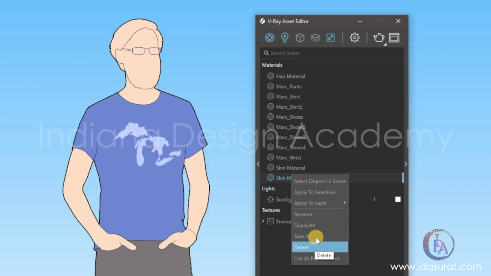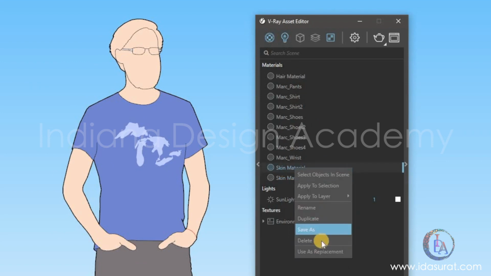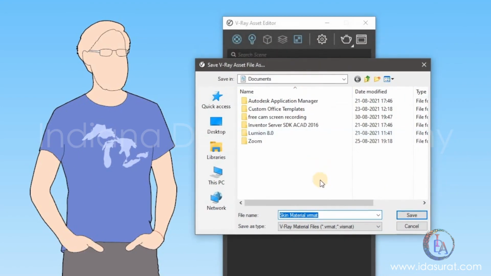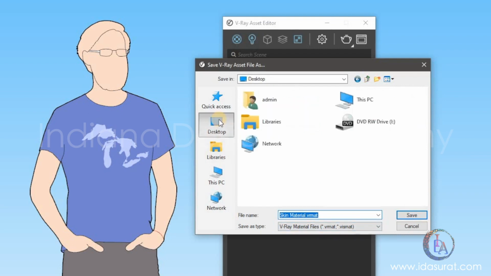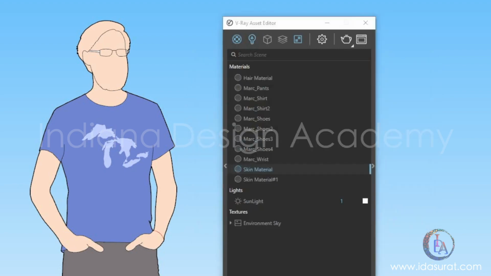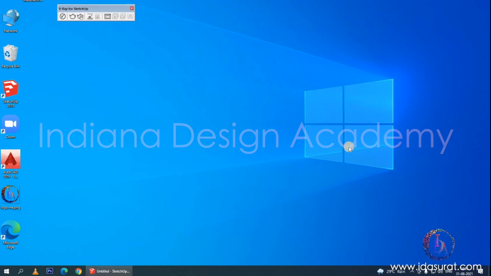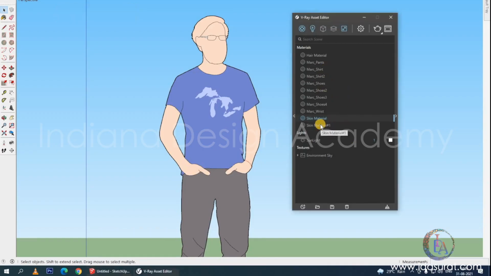Now after this I have an option of save as and delete as well. So when I click, now if I want to save this material and use in some another model, so what happens, it will export into a format of .vrmat and .vismat. So I'm saving this material on the desktop, and you can see over here skin material, and I'm clicking on save. So now when we go to the desktop, you can see on this desktop this is a skin material and having the extension .vrmat. So now this material, if I want to have it inside the SketchUp. Okay, I want to have this material inside this,